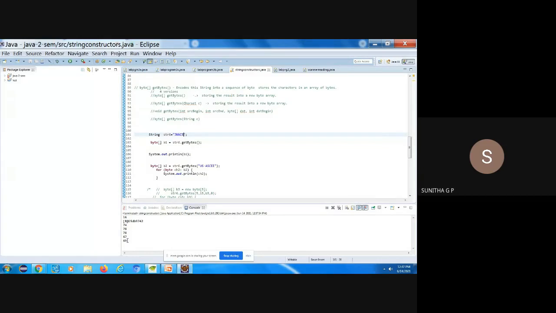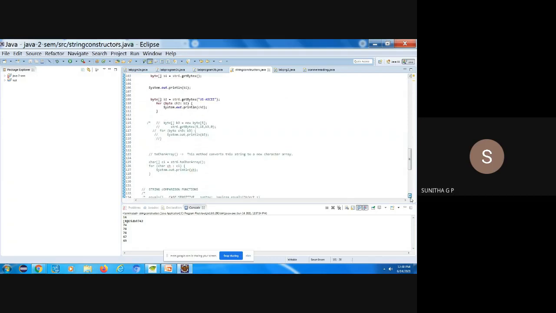Okay, so why this character extracting function? A single character or a given length of characters from a given position we can extract, and also the characters of a string we can convert into numerical values. Next is what? The entire string can be converted into separate characters of its length. Okay, for that we are using what is that? Character array. That is toCharArray, the function used to convert a given string into a character array.